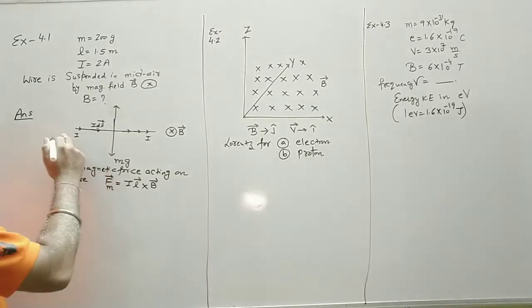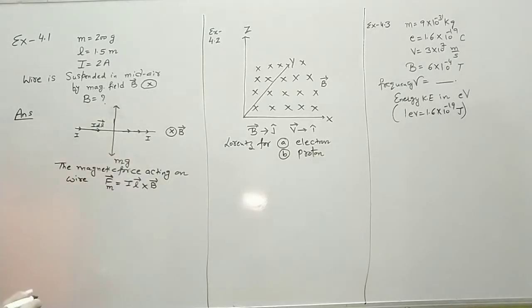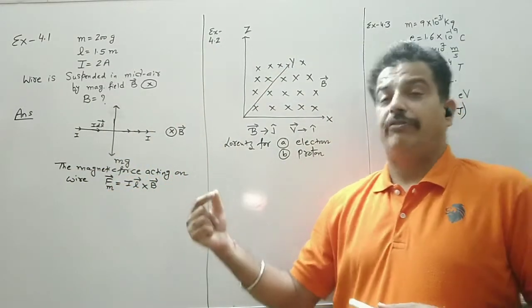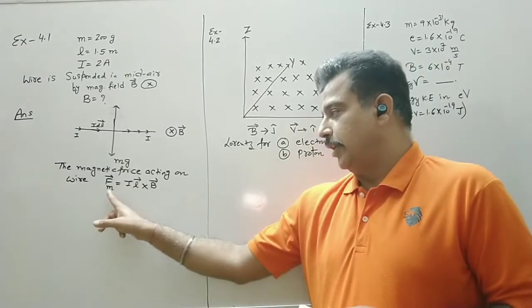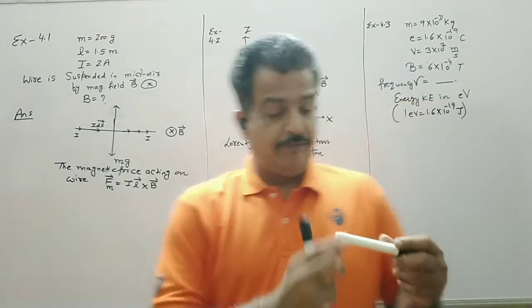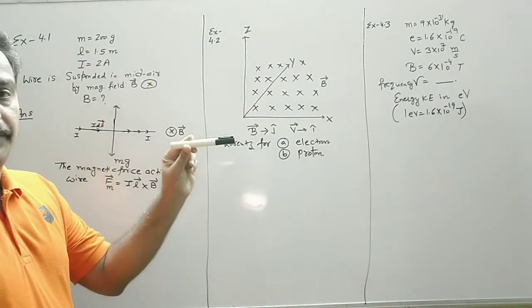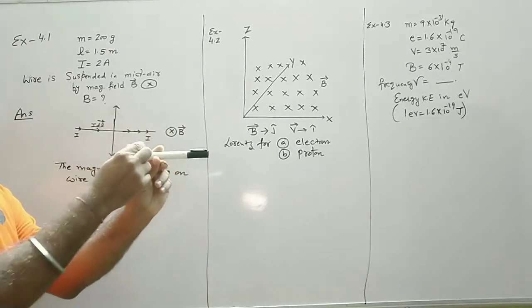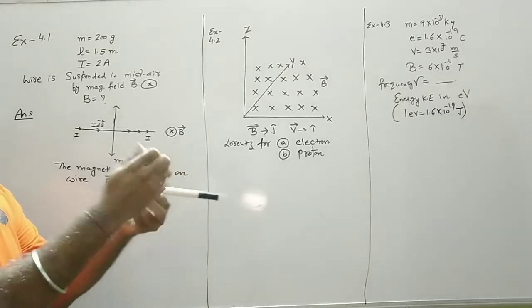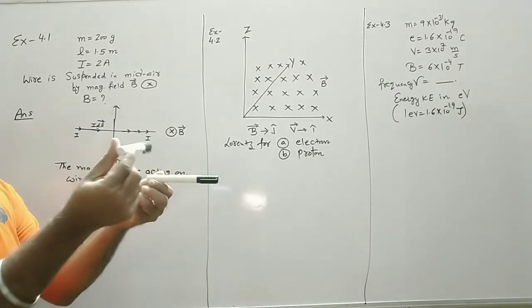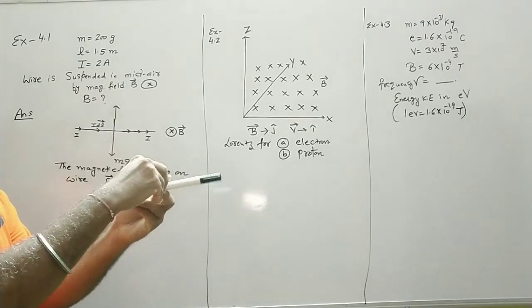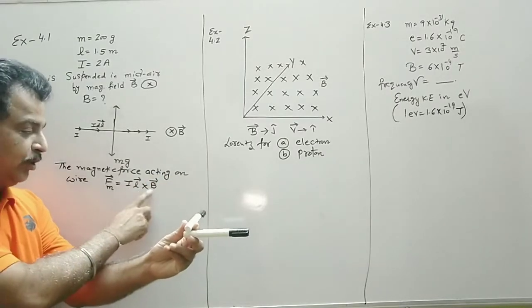So the length is taken along the x-axis. You can either use a right hand screw rule, or you can take the help of unit vectors ijk to determine the magnetic force. So if this is IL and the magnetic field is going into the plane of the paper, this is the situation. This is the magnetic field which is going into the plane of the paper. Now if I apply a right hand thumb rule, it is IL cross B.